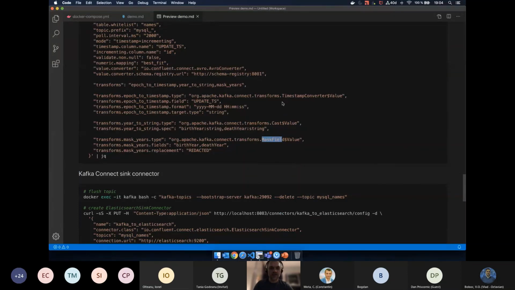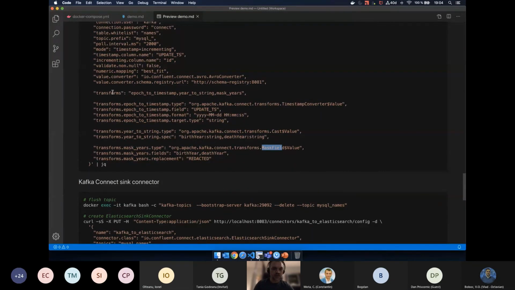And this is what we are doing here. To the transforms chain I have added two labels, one year to string that does the conversion from integer to string, and the mask years that are replacing the actual value with the redacted string.